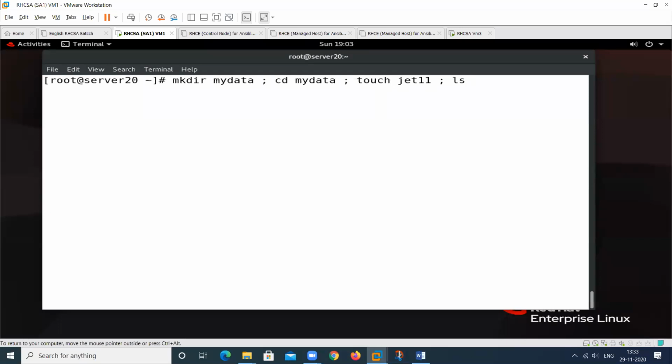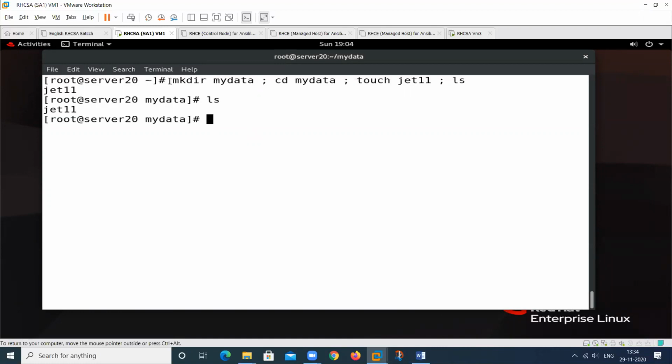So at that time, in one line, we use this command to create the directory, this command to change the directory, this command to create the file, this command to list the file. In one command line we list, so this file is created, so it will show me the information. And we can also use ls. So this is the concept that is used to separate more than one command.